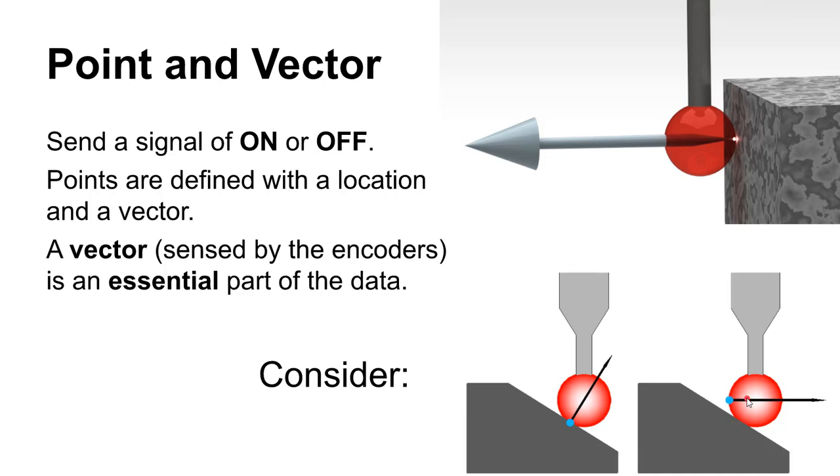But the point that we get is this point out in space here, because the probe was traveling in this direction, and all it knew is that it was tripped, that it touched something. And so the CMM's a little stupid, and all it could do is just assume that it touched a vertical surface like this. That's kind of the way that it's made to think. Well, obviously this is not going to do. We're going to have to do something else to be able to handle situations like this.